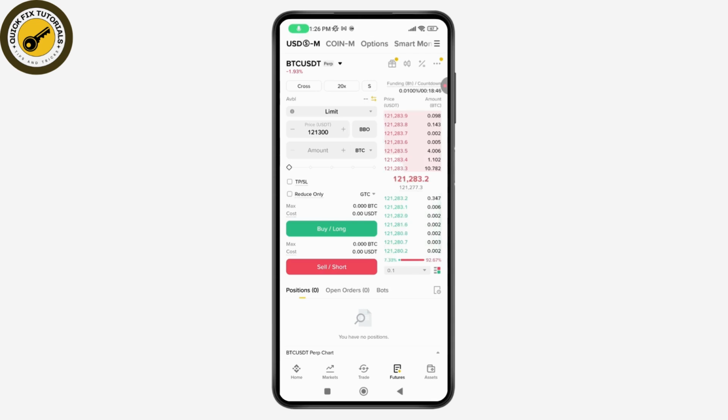Then determine the amount of money you want to invest in the trade. You can do it through the slider or manually. And finally, click on buy long, or in the case of selling, sell short, and then wait for the trade